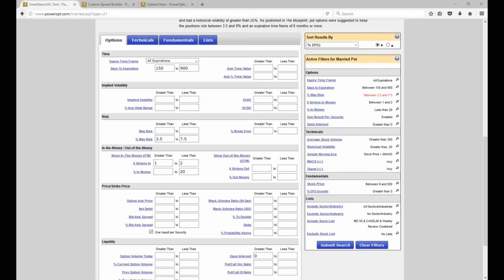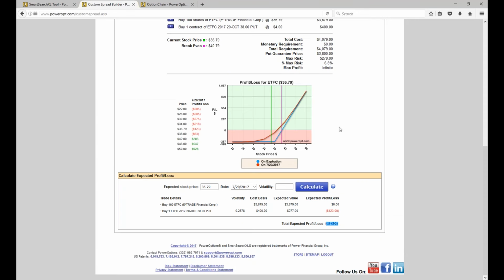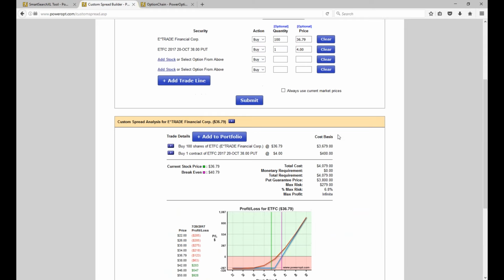Michael asks, a follow-up to this, where are you making money? What if the stock goes up a lot, then you still lost money because the put will be worth a lot less? Okay, Michael, I don't know if you've ever traded long calls. Let's go back to the custom spread tool. In this particular position,